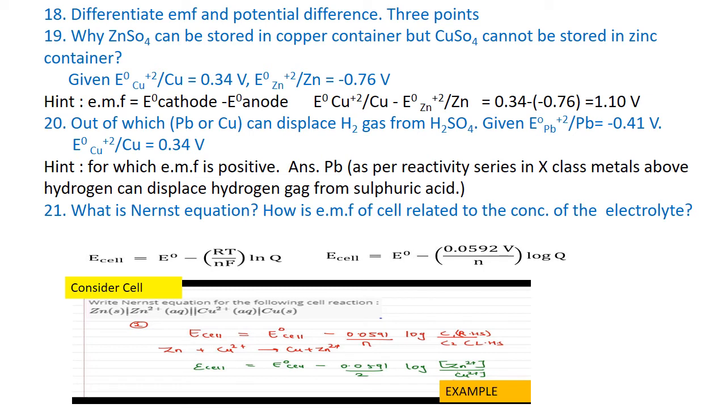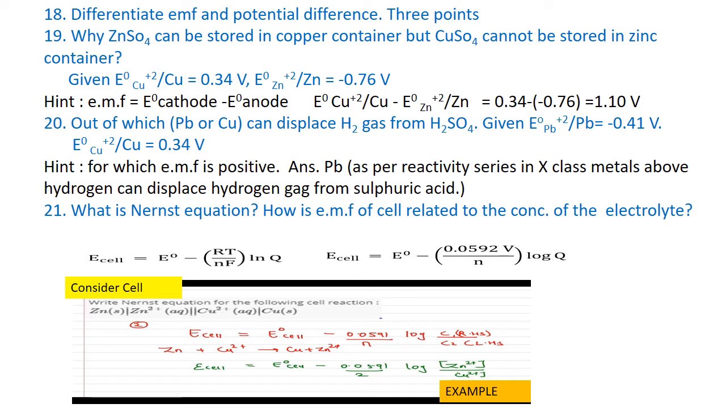That is the hint for you. Question number 21. What is the Nernst equation? Very important. How is EMF of cell related to concentration of the electrolyte? So Nernst equation gives the relation of EMF with the concentration of electrolyte and can be